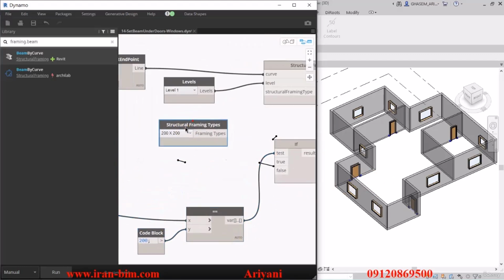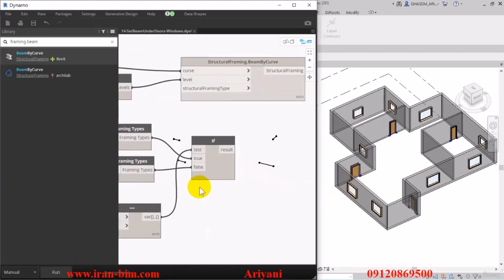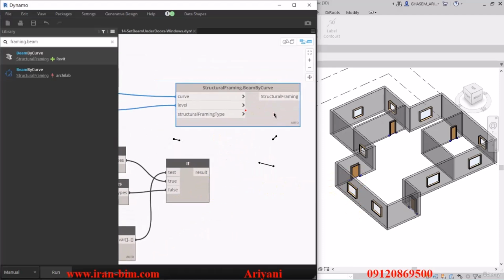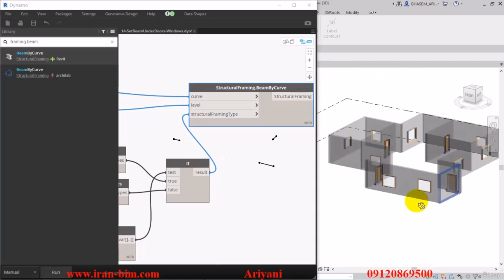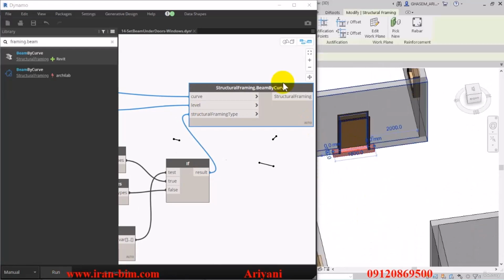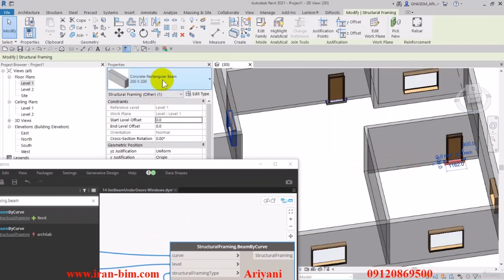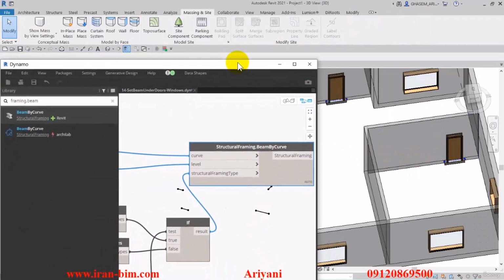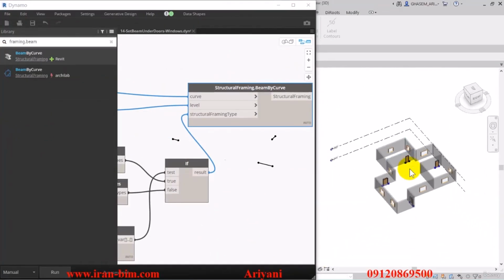Then I'll get a copy of the structural framing types package and then we'll put in the conditions. If it equals the 200, let's say it's true, and if it's bigger, use false. Press run. Then I'll connect the result to the structural framing type. Run. And there you can see the sills placed below the doors. Now let's see if it's selected the correct one. 250 for these ones and then 200 for the inside doors. And excellent. Now we want to relocate these to above